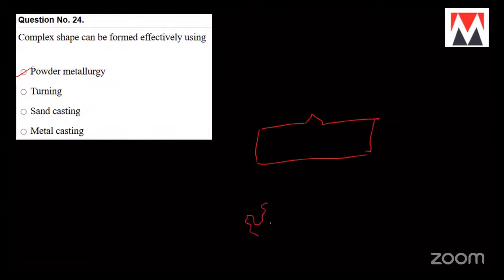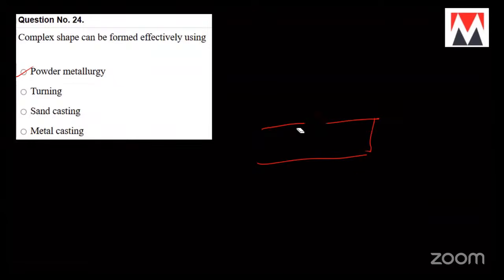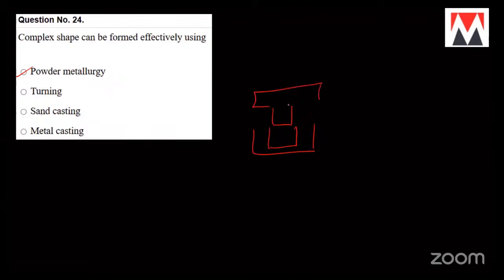But suppose if you have a shape like this, okay, these intricate shapes can be produced. I mean a compound which has some flanges or anything, some intricate shapes. These type of things can be produced only with the help of powder metallurgy. Because you'll have a die of that shape, you'll fill powder with this and you'll press it like this, it gets compacted and then you heat it up. So this is how powder metallurgy works.